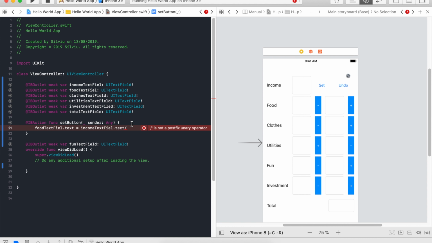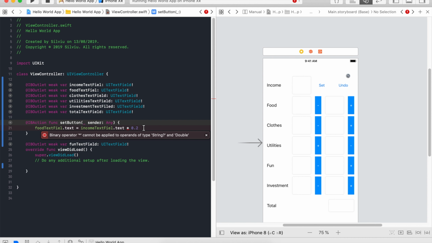Okay, this is going to be 20% of the investment, okay, of the income. It's just, or this multiplication symbol, times 20% is 0.2, okay, 0.2, okay,